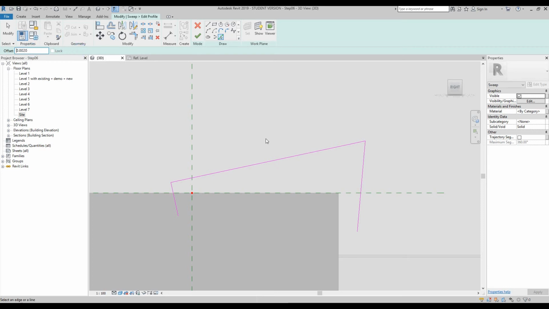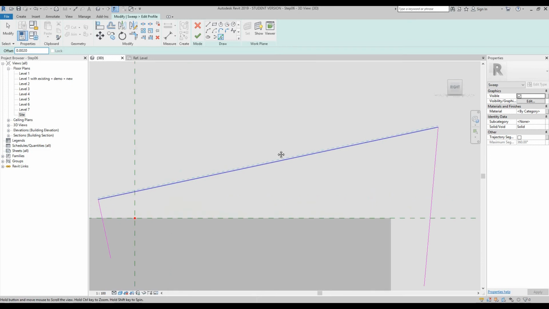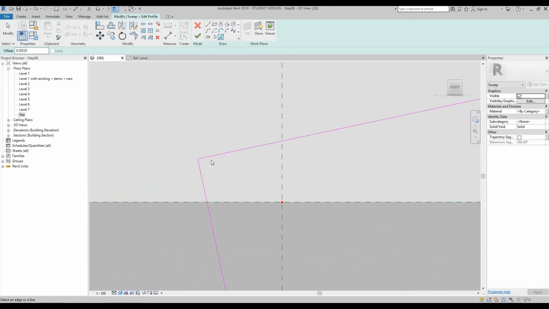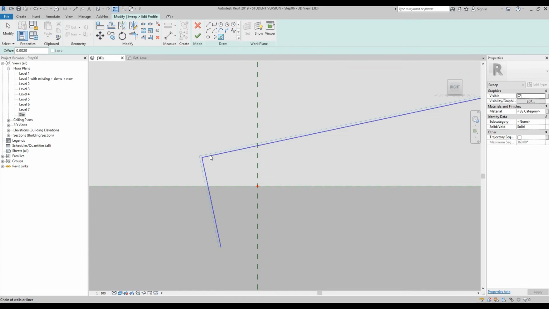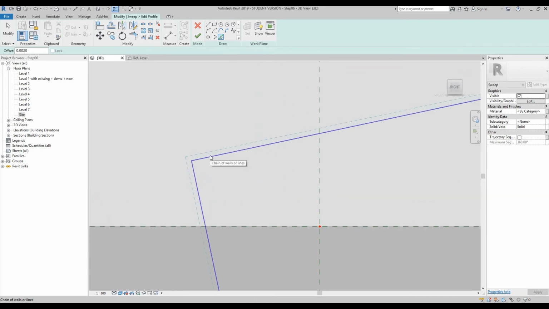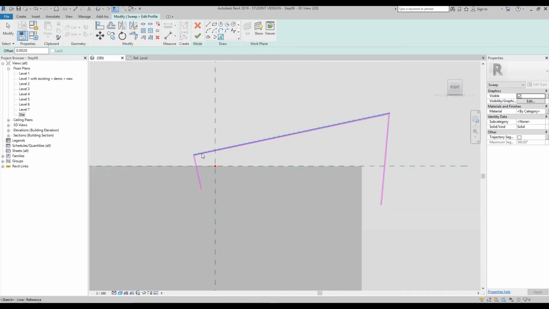Once you've done that I want you to hover over the top line. If you zoom in a little bit at a corner it'll be easier to see. If you hover over this line and then press the tab button once, you will notice that all 3 lines are highlighted with an offset. Now depending where you place your mouse, the offset will jump in at the bottom or the top. We want it to be above, so once you've done that, click once